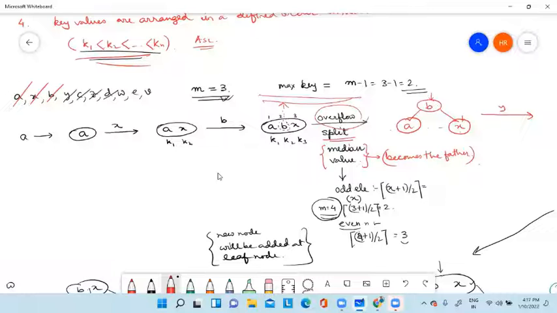And how to solve the overflow? You have to split your node. The median becomes the father of the other two or other elements or other key values, and this splitting is done in this particular format so that your leaf nodes are always at the same level. So this is called B tree.